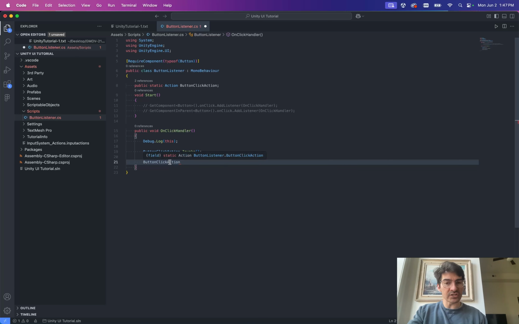The way that you assign handlers to actions, and this is sort of like a pub sub sort of thing, you're able to use the plus equal operator to assign a delegate, which is just a method function that we're going to be adding to the other side of this operand that will get called when the action is invoked. So button click action plus equals, and we'll say button click action handler